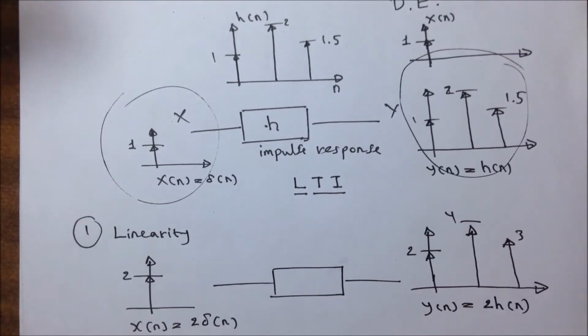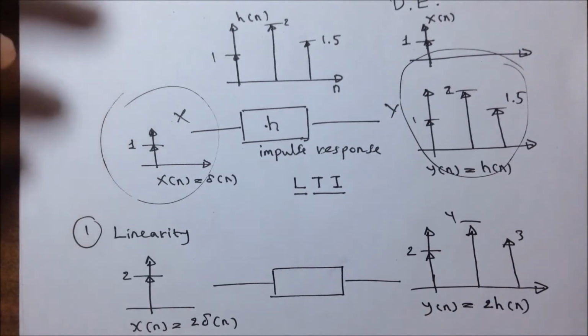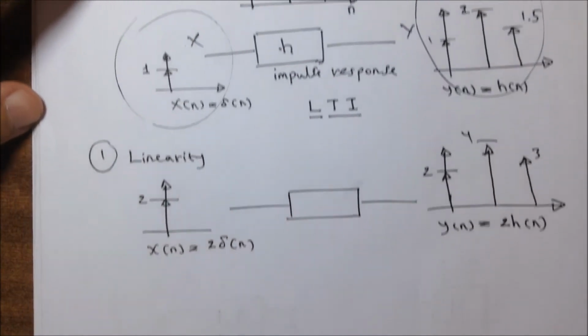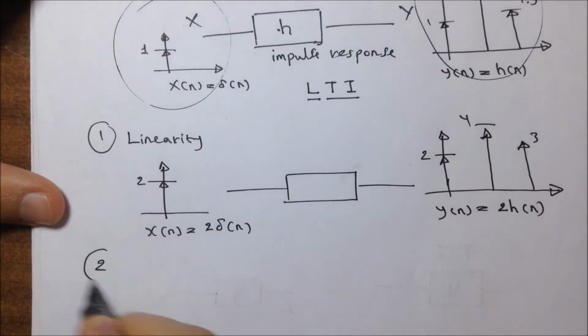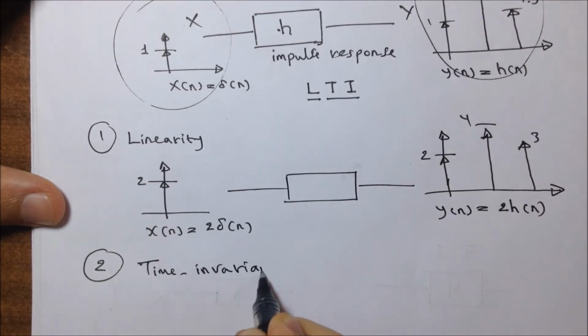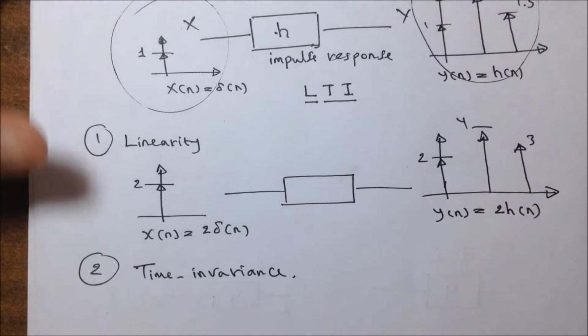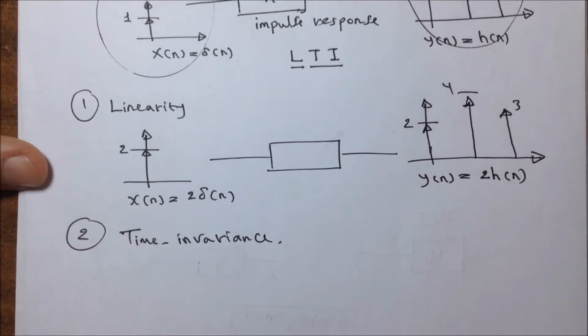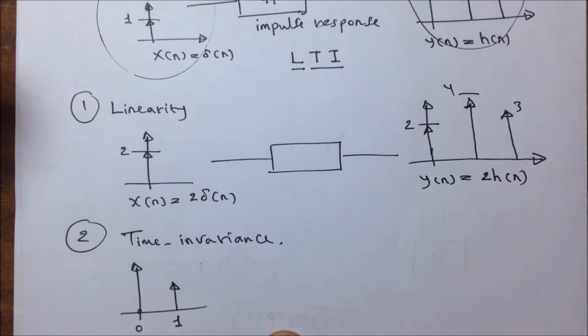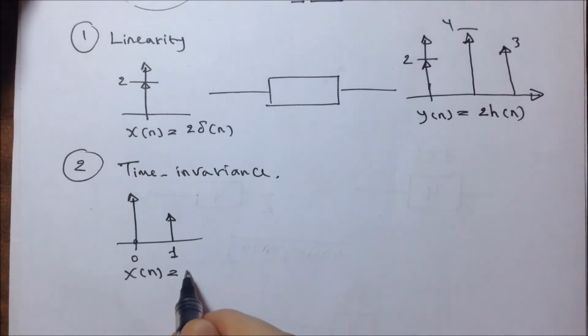A system that exhibits such behavior, we call a linear system. Next we have the time invariance. Time invariance involves that the system exhibits the following behavior. If the input to the system was an impulse delayed by 1 second, so this is 0 and this is 1, in other words x of n is delta of n minus 1,